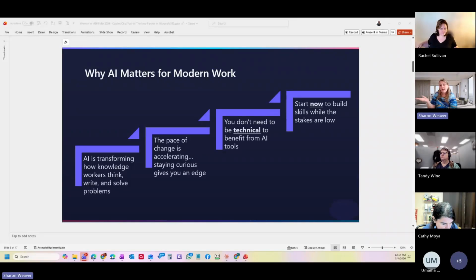Because ultimately, you do not need to be technical to benefit from AI. A lot of people say, "Oh, well, it's a technical thing. I need to stay on top of all this technical stuff." You don't. I'm telling you right now. You could literally just master chat and get tons of benefit out of it without any of the rest of it. All right? The last thing that I want to tell you is start now because the stakes are